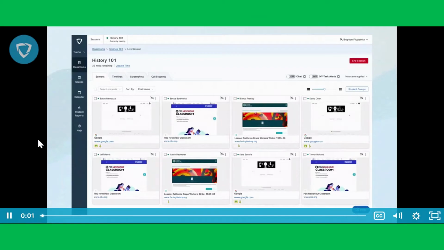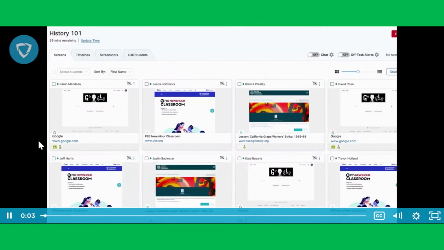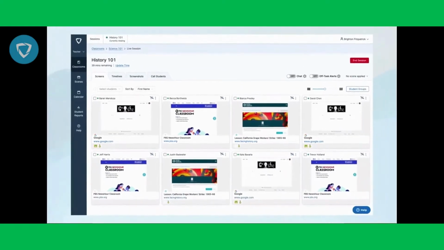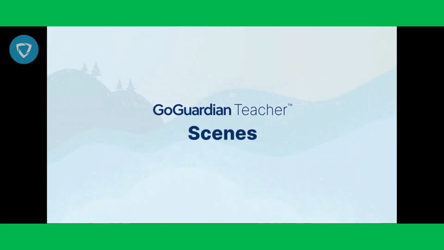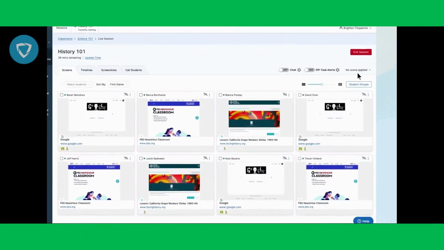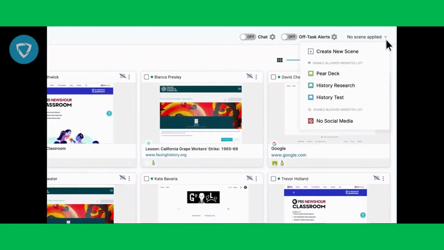When students are in a GoGuardian classroom session, they can browse any website allowed by your school administrator. If you want to apply your own additional web browsing rules for your classroom, you can use scenes. With scenes, you can set the learning environment for an individual student, a group of students, or even your entire class with a custom list of web browsing rules that will either allow or block websites while students are in